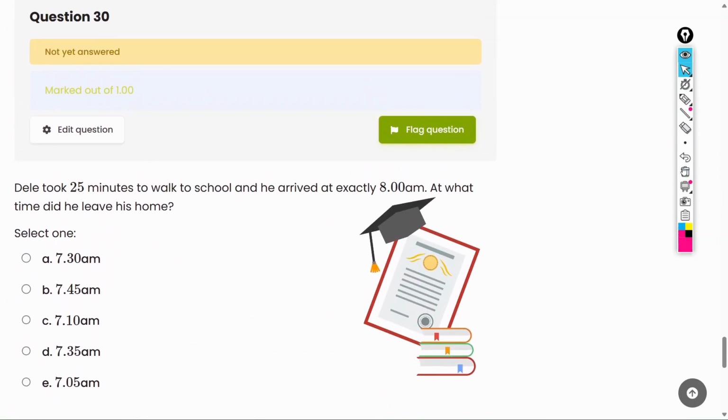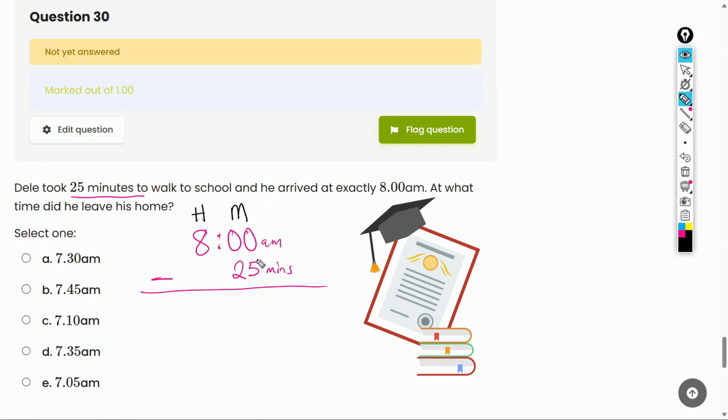Question 30. Dele took 25 minutes to walk to school and he arrived at exactly 8 a.m. At what time did he leave his home? So we are taking away 25 minutes from 8 a.m. to figure out when he left his home. So we can simply do 8 a.m. minus 25 minutes. So this is our minutes place, this is our hours place. So that's 00